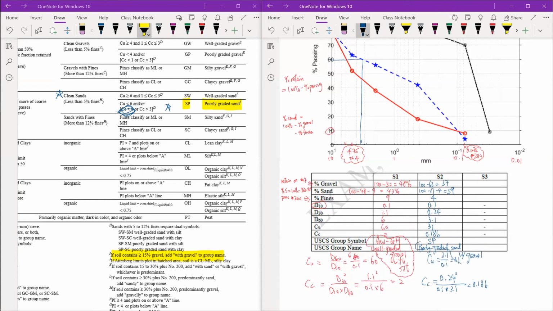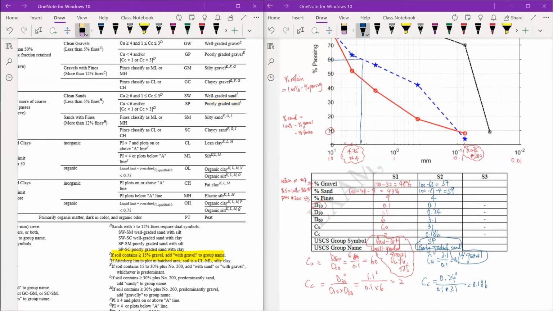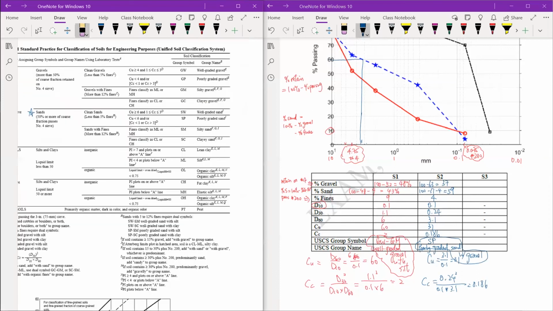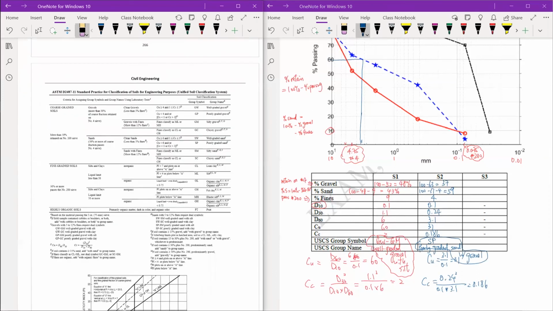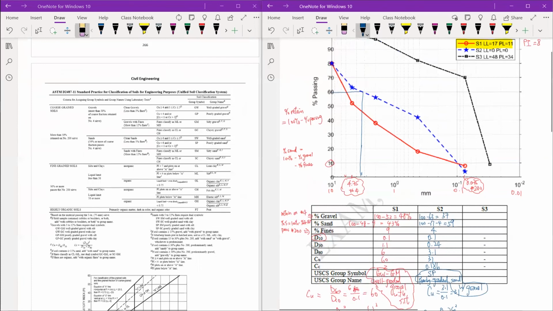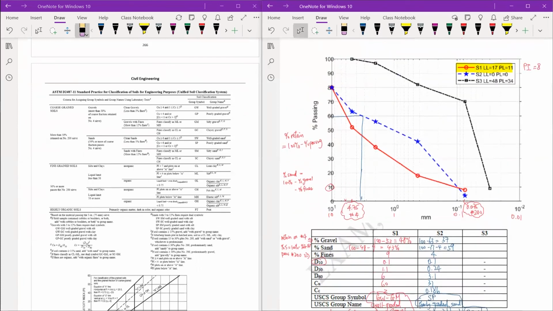So that is our group name and also our group symbol. So that's the answer for the second soil as S2 right there. And last but not least, for our very last sample example, soil sample S3 right there, we go through